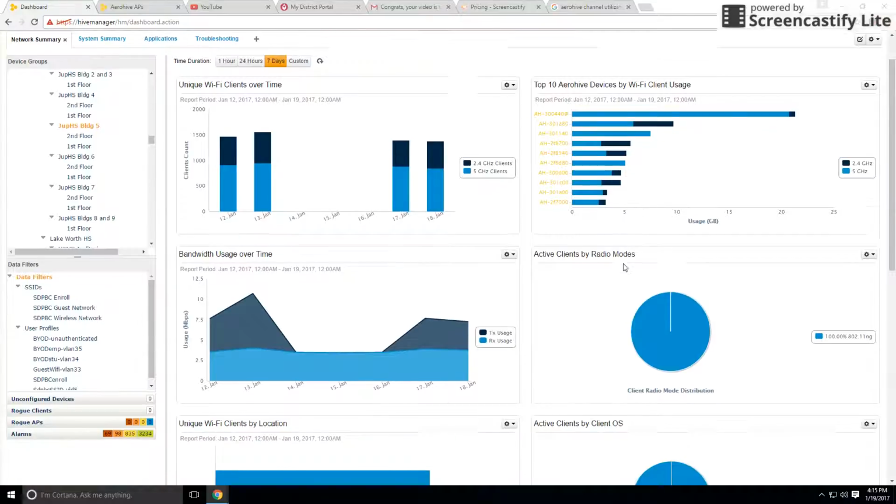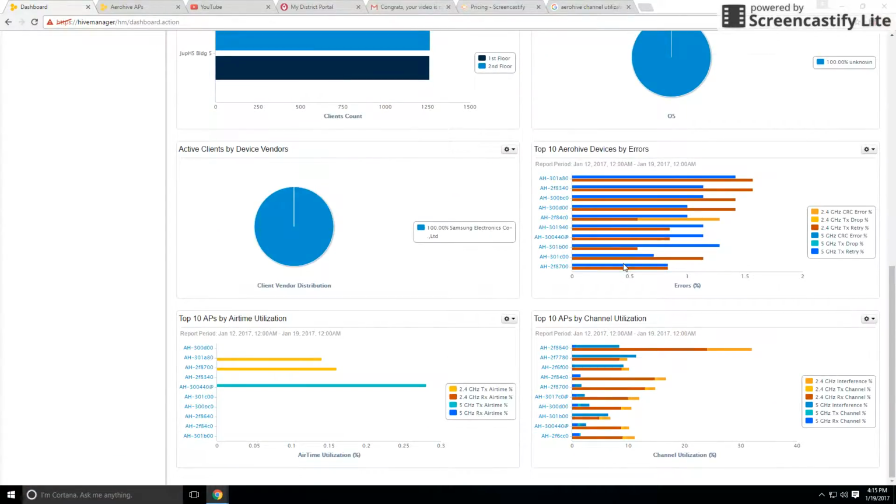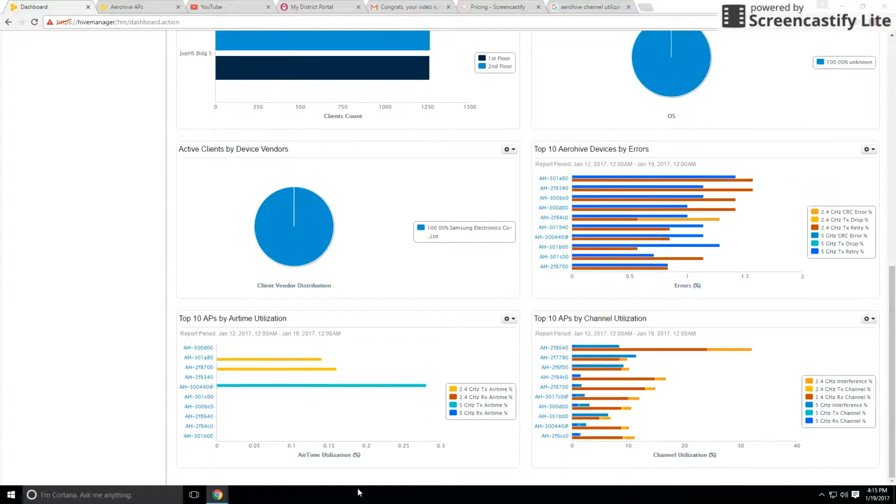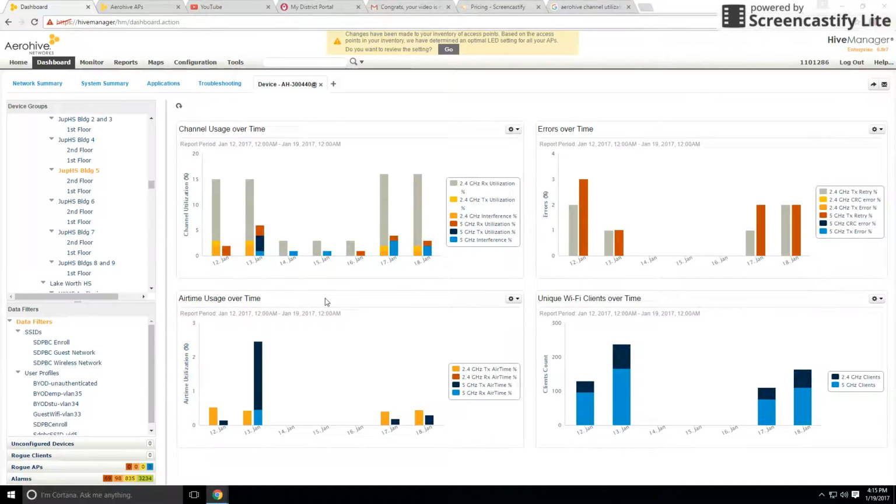Now, 300, 440, so we can look down here and we can see that this is our weekly airtime. And it might be interesting just to try and track this in a bit more detail, just to show you something that we can do. So we will click on this and it will open up a new tab to look at this access point, which is potentially the one of most interest to us. And one of the things it gives us is an interesting graph of airtime utilization on a daily basis, and it can show us that there was a